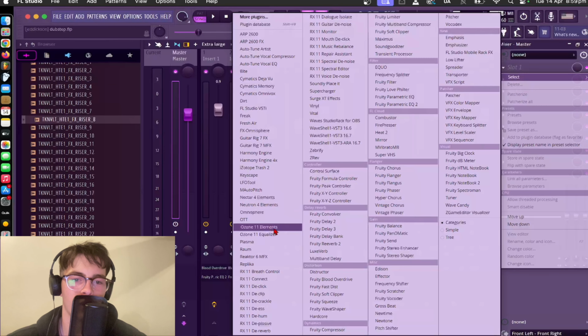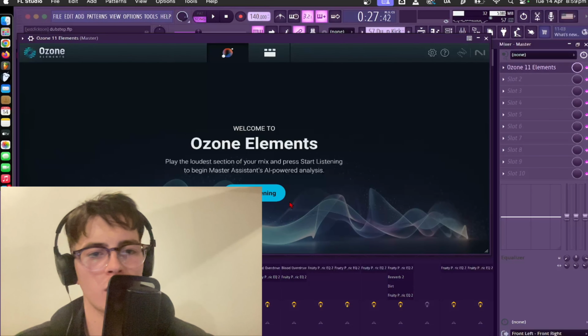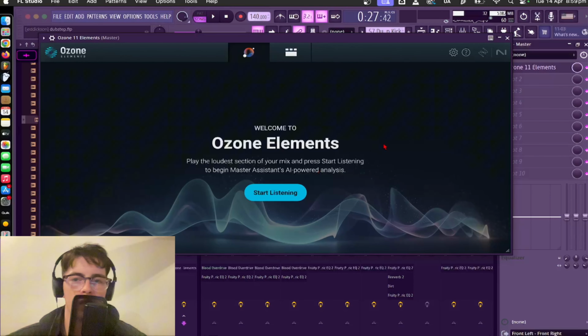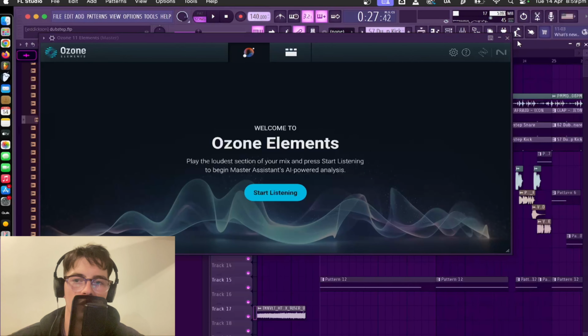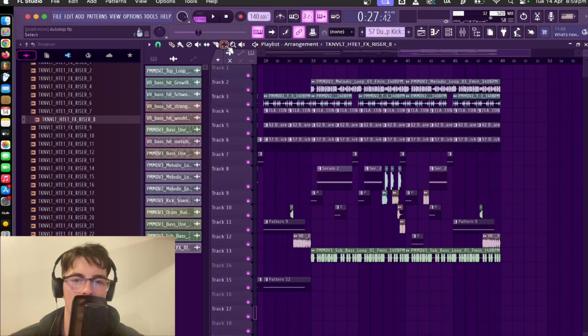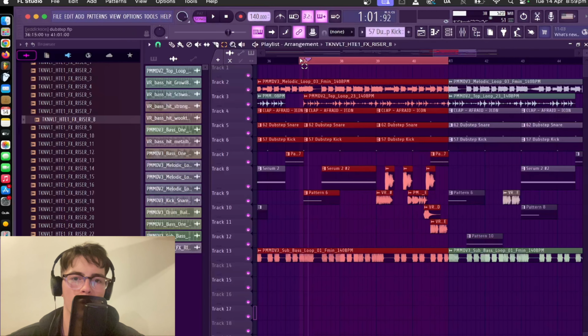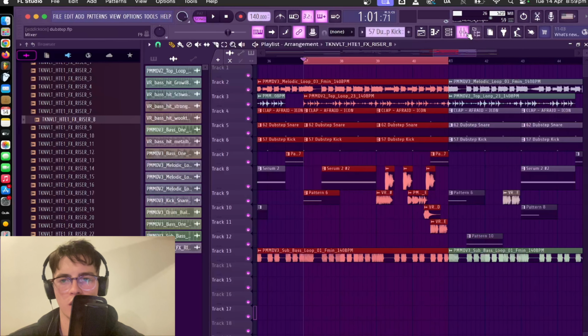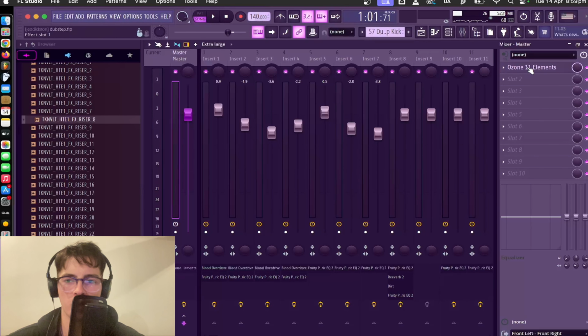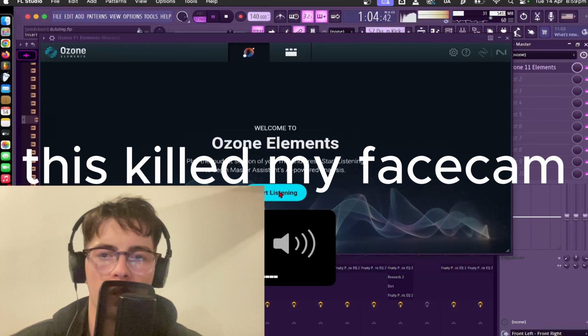I have Ozone 11 Elements. What is Ozone 11 Elements, Jed? Well, I'll tell you in a moment. This thing right here, it is an AI mixer. You literally don't even need to mix the track. All you have to do is play the loudest chunk of the song, which I would assume would be right here. It recognizes what genre it is, the instruments, all the sounds, and then it plays with the levels. And it's pretty handy. So if I press on the loudest part of the song,